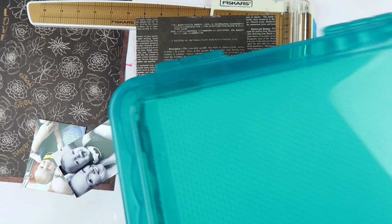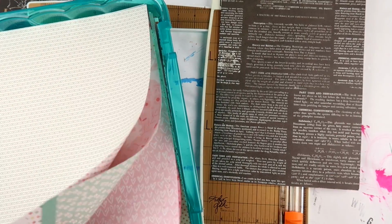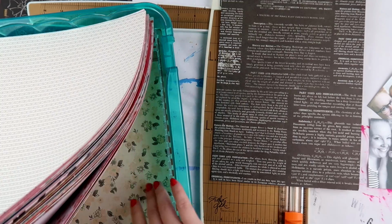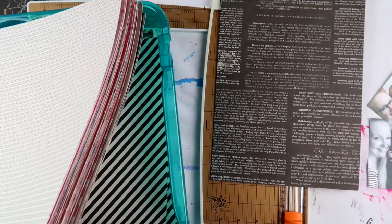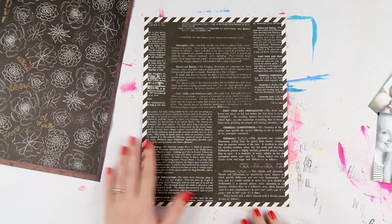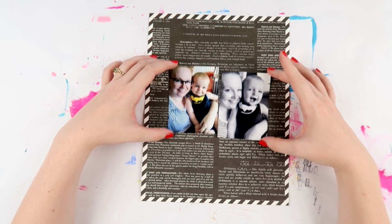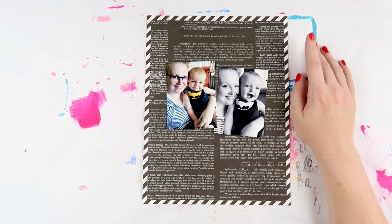I was just going to use this black and white text paper, but then I felt like I wasn't going to do too many paper layers, so I felt like it needed a border or something around it. I've been flipping through some of my older layouts in my wedding albums while filming Patreon flip-through videos, and something that I used to do a heap, and I've completely forgotten about it, is matting pieces of cardstock with pattern paper. And so I decided to do a pattern paper mat, and I thought this black and white stripe was really